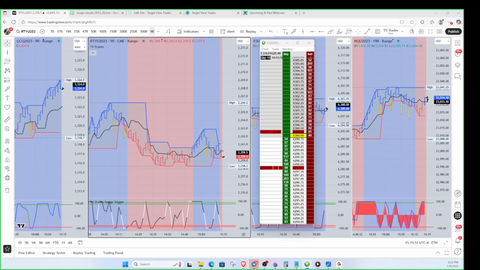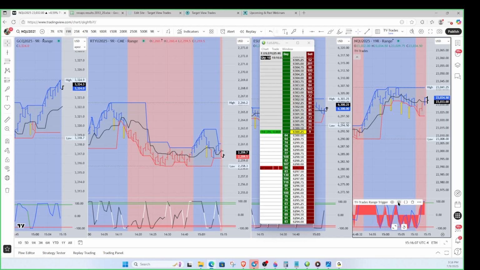Hang on a second. Let me bring this up. But on the NQ, the red area is on the blue line. I was looking for the down close here. It doesn't matter. I'm not using that type of trade setup, Wayne. I'm not using the div part of this. I'm just using the